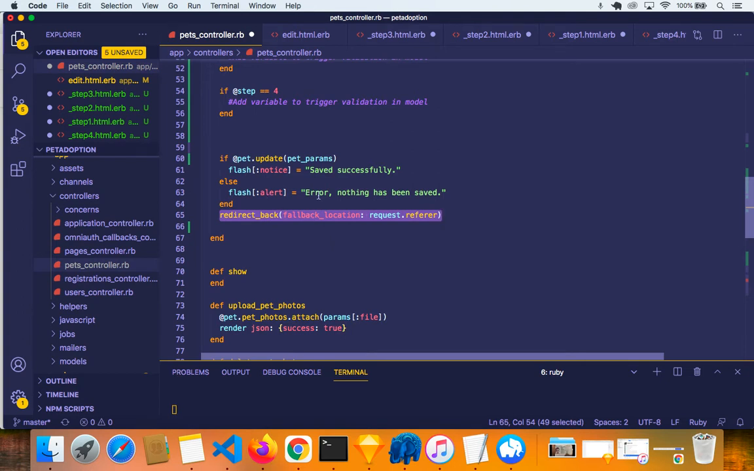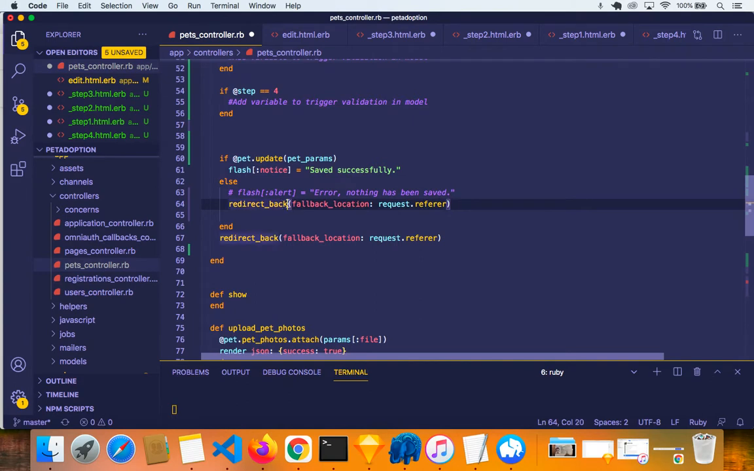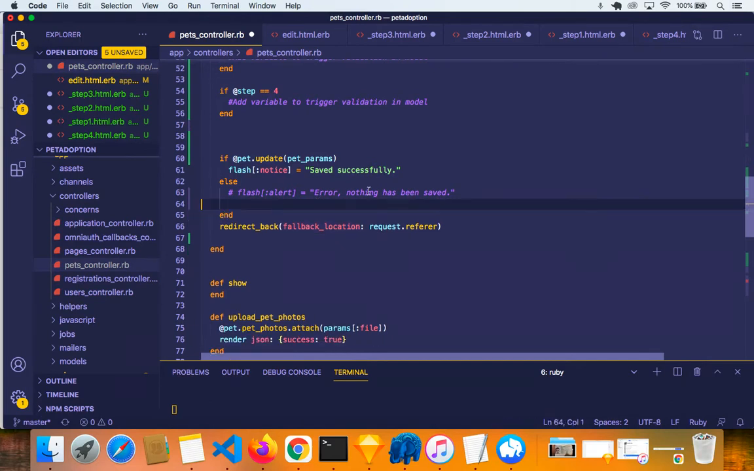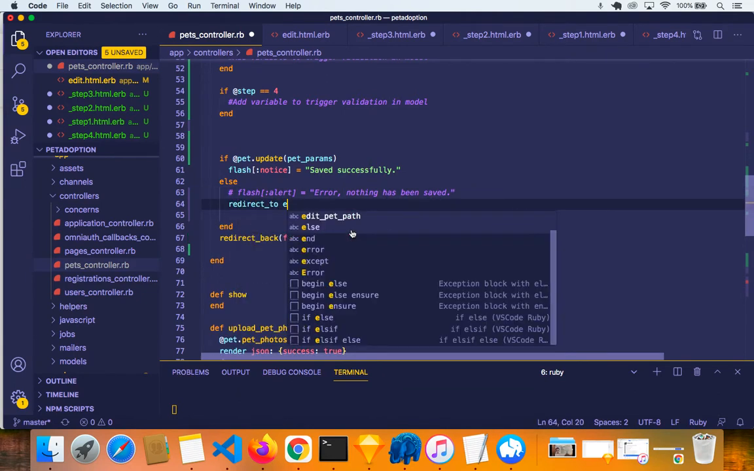I don't know why we did this, but you know what? Instead of flash alert, I'm just gonna uncomment this, and instead I'm gonna put something like redirect to request referer. Let me just grab this here. Let me just put it here. Redirect to... Why is it fallback location? Let me just, no, all right, it's fine. I'm gonna do it from scratch. So redirect to